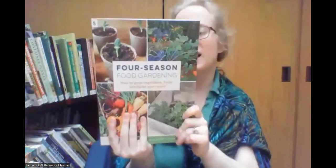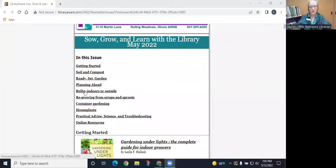Now this is just a sample of what we have. We have a lot more books, some of which are currently checked out, and we are getting more on a regular basis. We will have, as last time, a guide which will be emailed out. As you can see, we've added, whoops, I forgot to share the screen, pardon me. So here we go. We've added a few more sections,